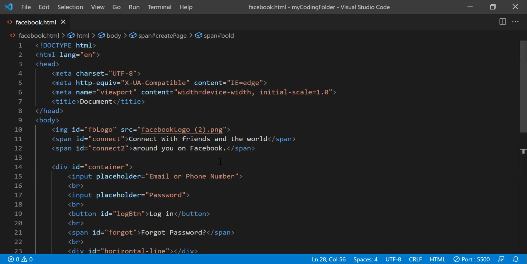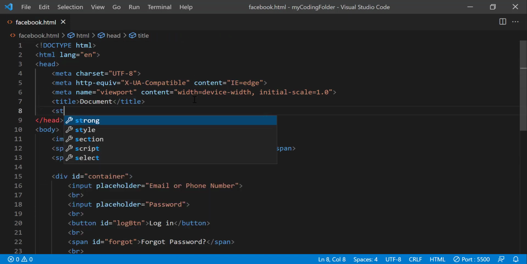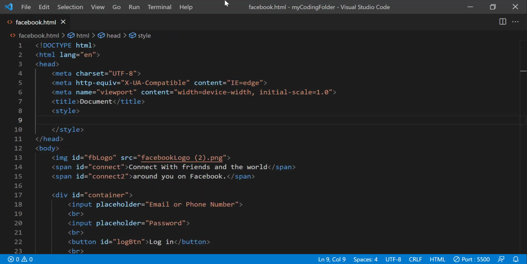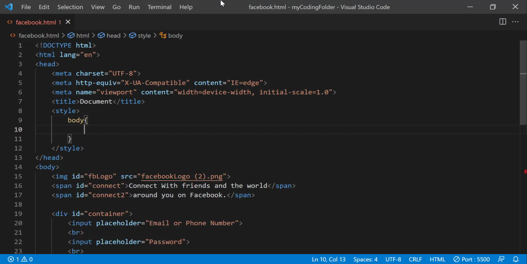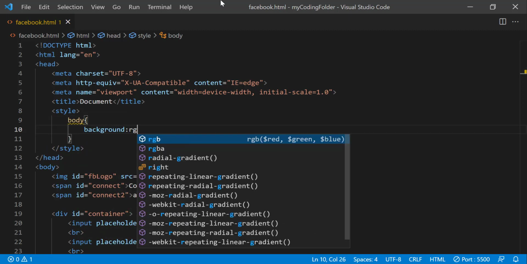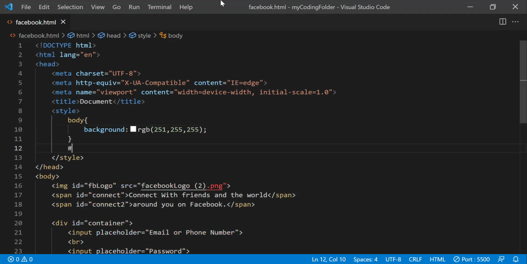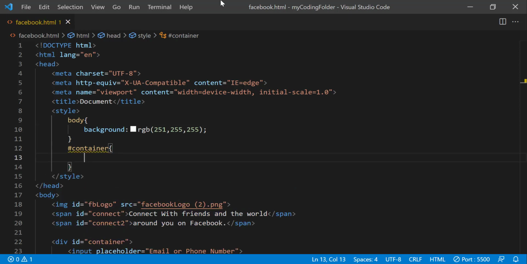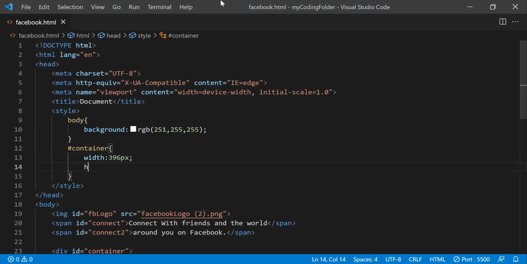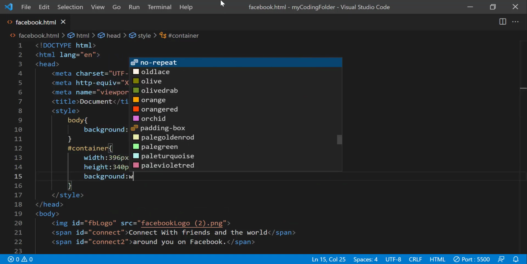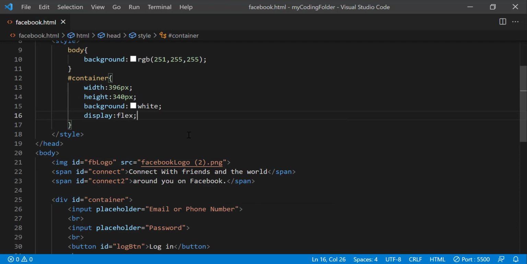And now we're done with all the HTML, so we can get started with the CSS. So the first thing we'll want to do is style the body and give it a background color of RGB 251, 255, 255. And after that, we can style our container and give it a width of 396 pixels, height 340 pixels, background white, display flex,